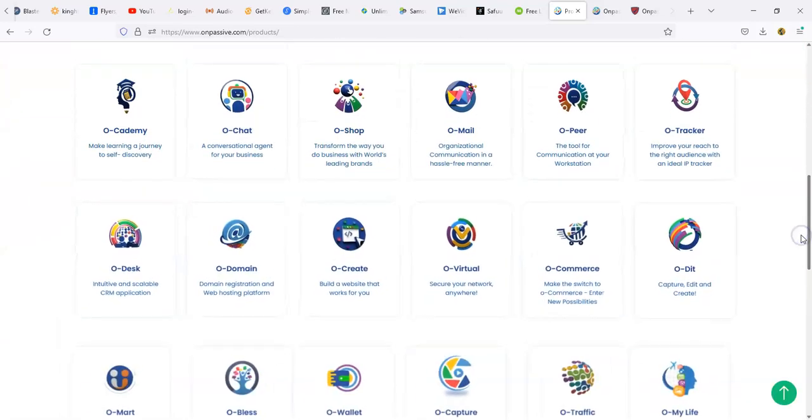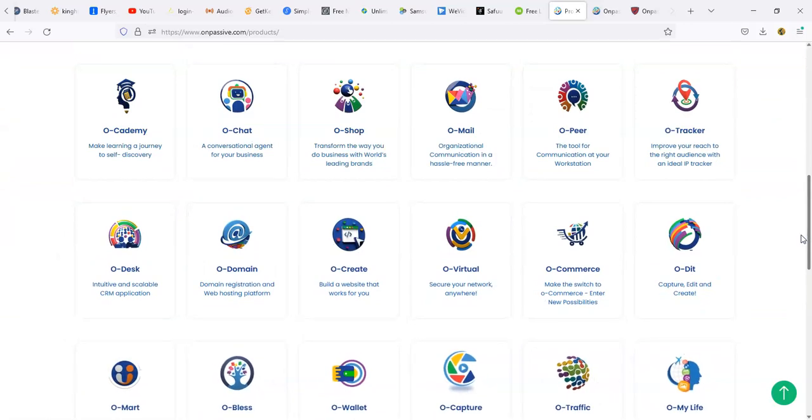What he's working on is making sure that everything is A1, everything is top notch, everything is reasonable. It's not going to be like you're going to one of these platforms where you're paying $1,000 a month or you're paying $800. I'm just throwing those numbers out there because I really don't know how much it's going to cost. Like for example, some of these platforms you pay for one tool $1,000 per month,